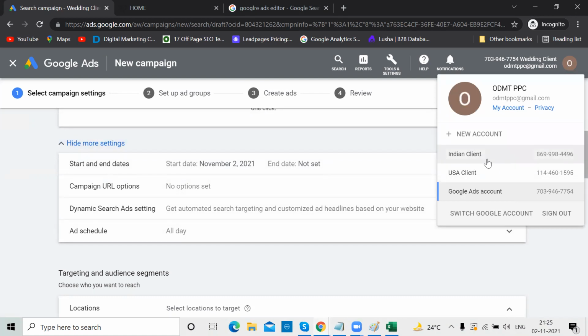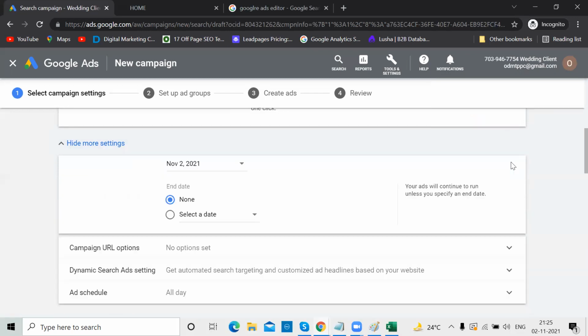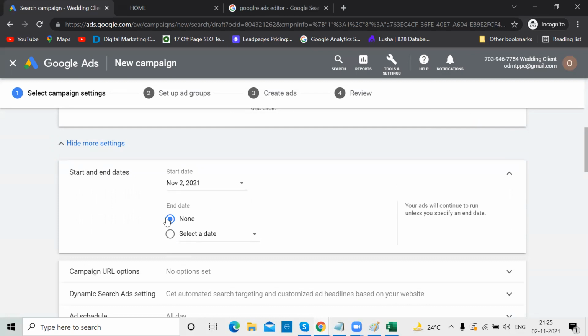But assume that this campaign has to end in 2 days only. If you don't put the end date, on the 3rd day, 4th day it will also utilize the amount. In that case, make sure that you mention the end date, or else you have to be very conscious of what you're doing. Then on the third day, go and pause it. But no, I'm very busy, I might forget. Then mention the start and end date. So you can select a date and select the end date.